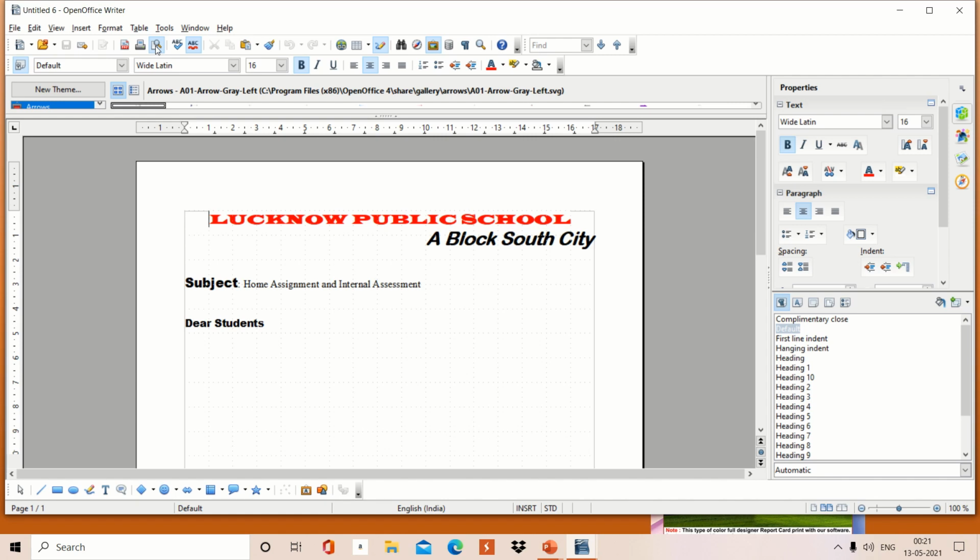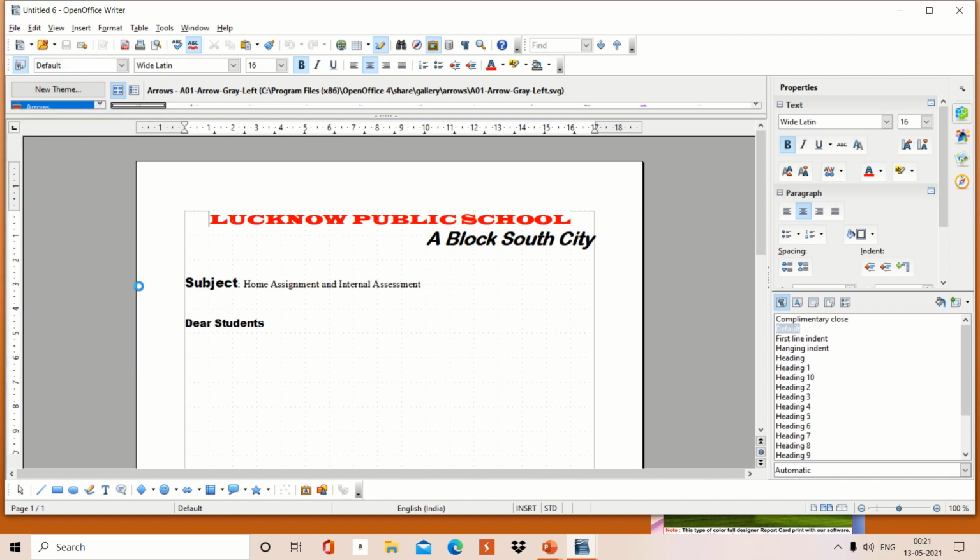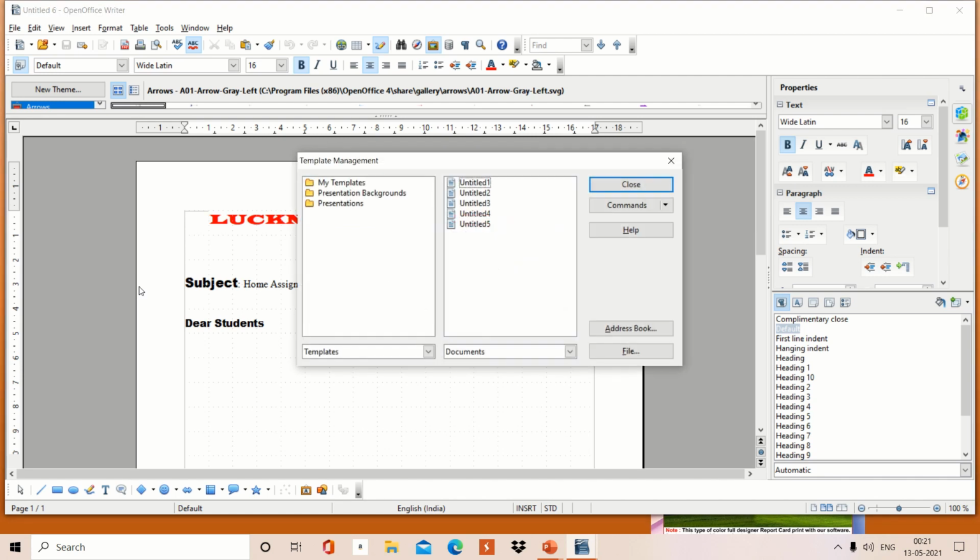Otherwise, if you want to work on a regular basis on the same layout, you can make it a default. But suppose after a while you think that there is no need to keep it as a default, then you can change it. Now I am going to change the default back to normal. Now I don't feel this is required every time. So again go to File, again go to Template and click on Organize. Here you have your folder where your templates are stored. Click on Template 1. This is your template.